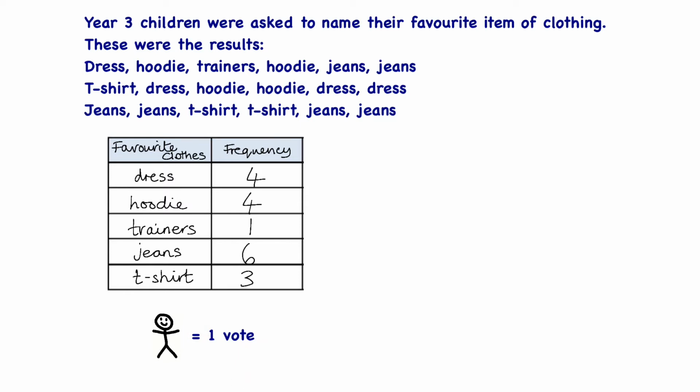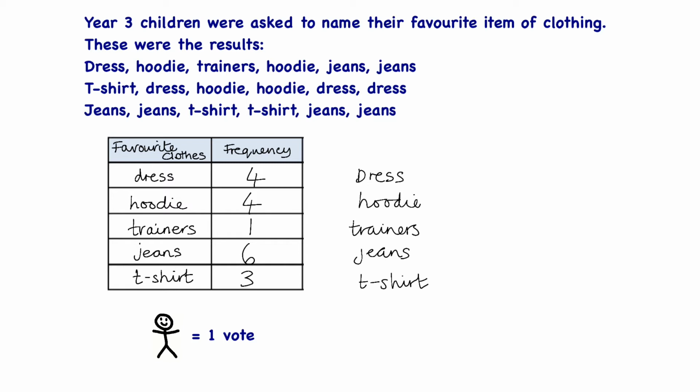And now we can create our pictogram. So the first thing we need to do is write what the favourite clothes are. So we have the dress, then we've got hoodie, trainers, jeans, and a t-shirt. And now we need to be using our little stick man to show the frequency of each